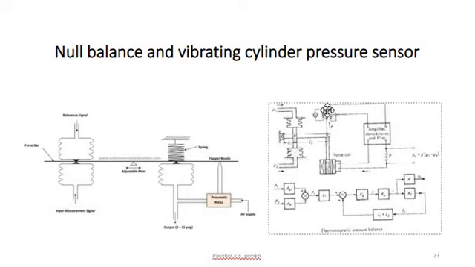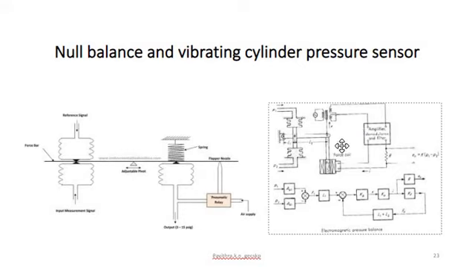As a result of this movement of the plunger in the magnetic field, the output from the secondary will get varied, or we will get a corresponding output voltage from the secondary. Depending upon the movement in between the primary and secondary, the output voltage will get varied. So by measuring the value of this output voltage from the secondary, we can obtain the input pressure difference.